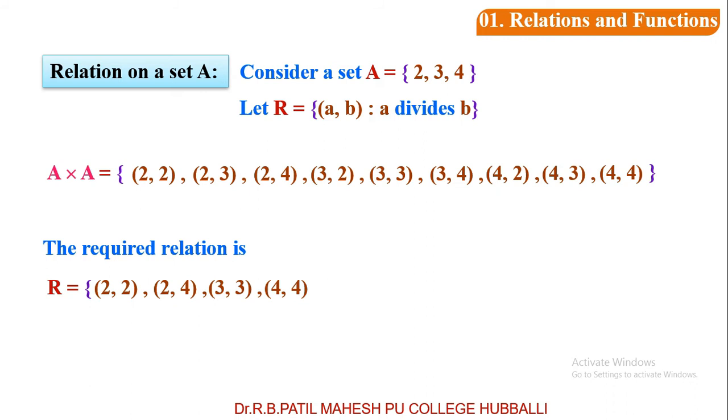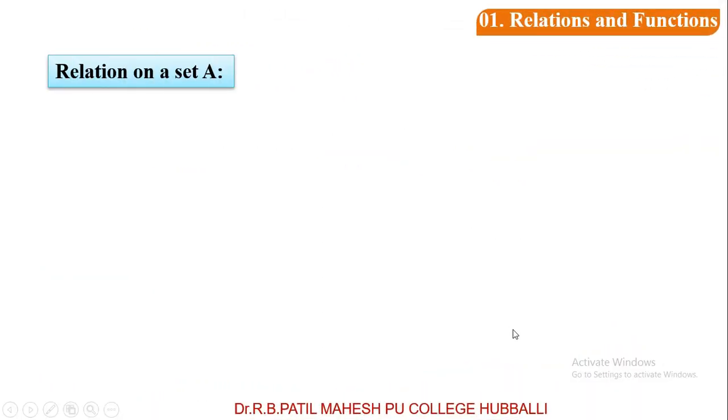So you can conclude that relation R in roster form, dear students, is {(a, b) such that a divides b}, and the relation R equals {(2, 2), (2, 4), (3, 3), (4, 4)}. Both relations are same. These two are equal. The difference is that a divides b we are writing as a statement, and this way of writing the relation is called set builder form, and listing the ordered pairs, this way of writing the relation, is roster form.